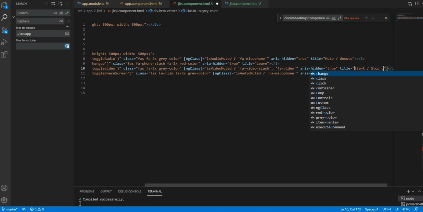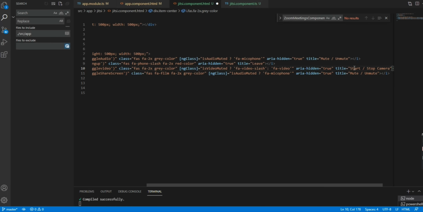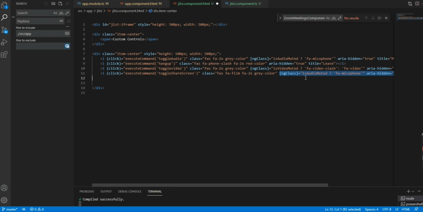Here we will remove this entire thing, and we will keep start stop camera. Here we will write, this is for screen sharing, right?